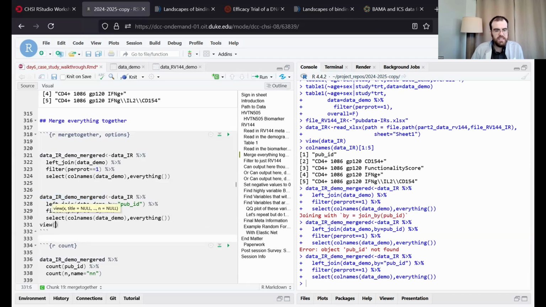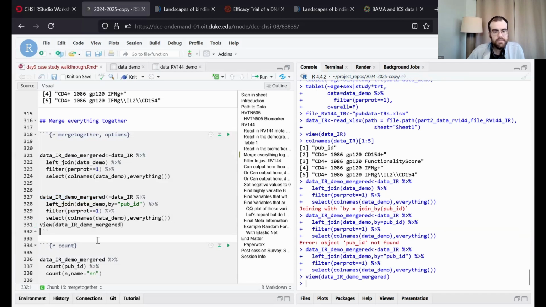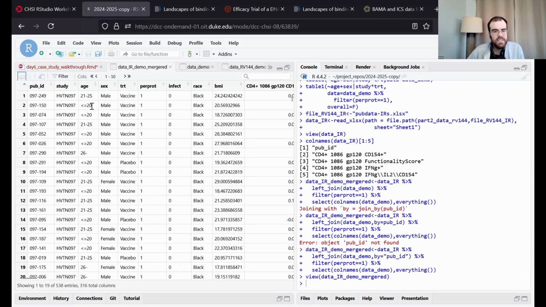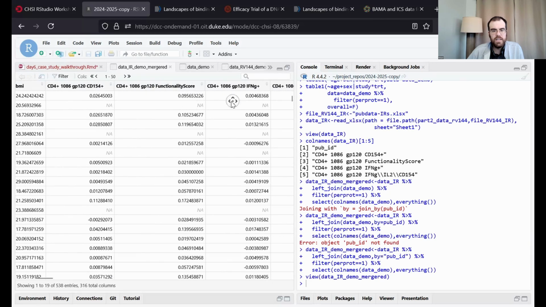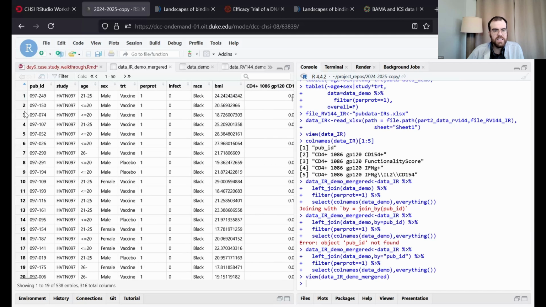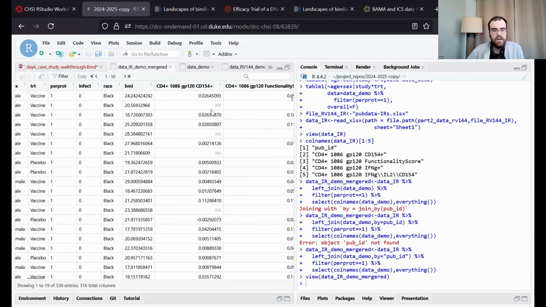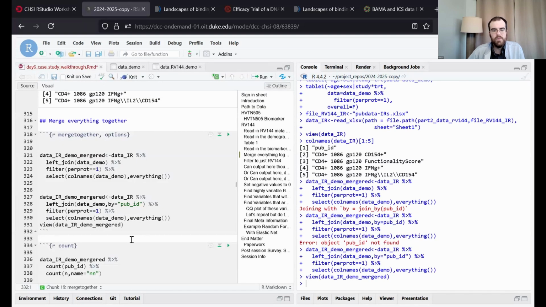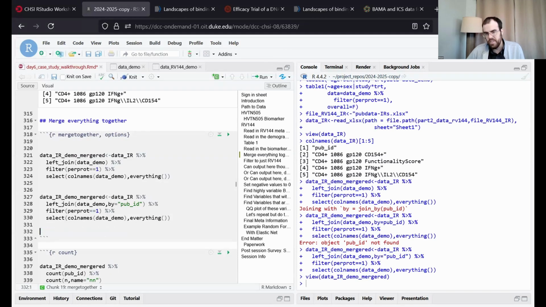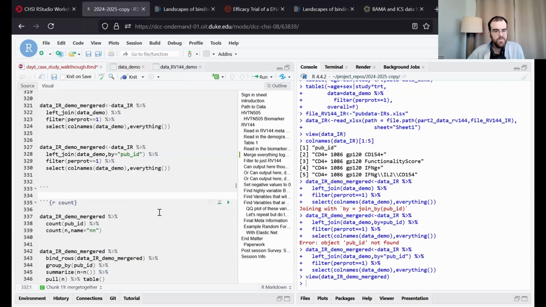So now if we look at this, I made it probably too big. So you see it has the demographic data first, followed by all of the immune response data. And you can see that this is missing for a lot of people, likely due to just differences in what people are exposed to in their environments, right? Like which HIV strain is circulating. So we can take a look at this